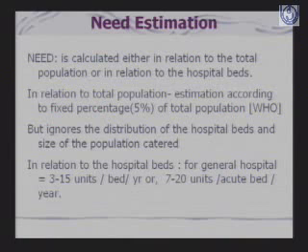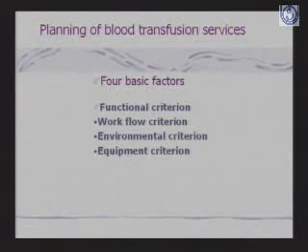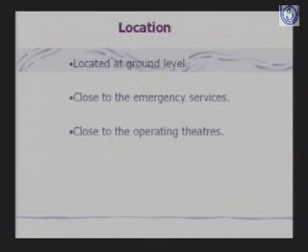Need estimation, I think we can skip it. For the planning of the blood transfusion service, there are 4 basic factors: the functional criteria, workflow criteria, environmental criteria and equipment criteria. Location-wise, that is functionally, it should be located at the ground level, close to the emergency service and close to the operation theatres, because these are the 2 areas where we require blood very urgently or